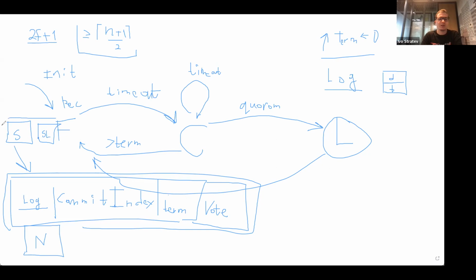This usually comes as a more efficient implementation, because if we take a snapshot of our database at some point and only store the updates that happen after this, we can more easily recover the whole state